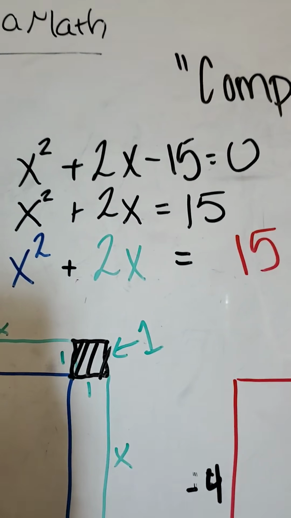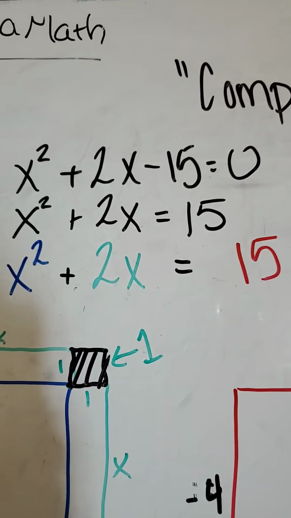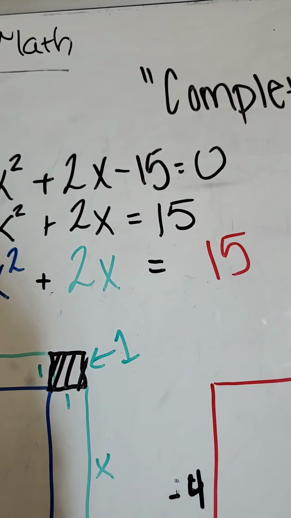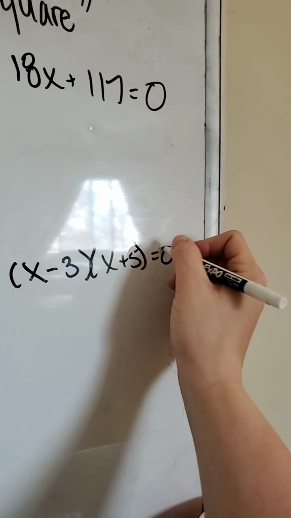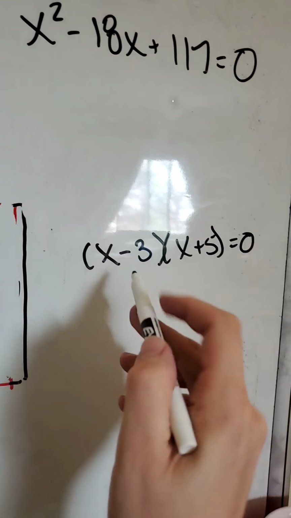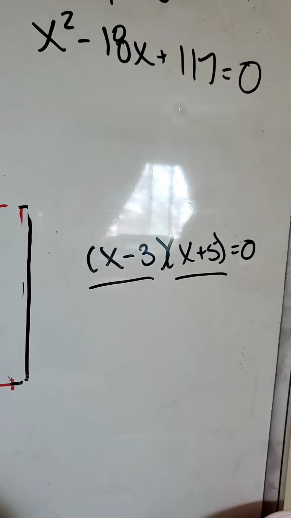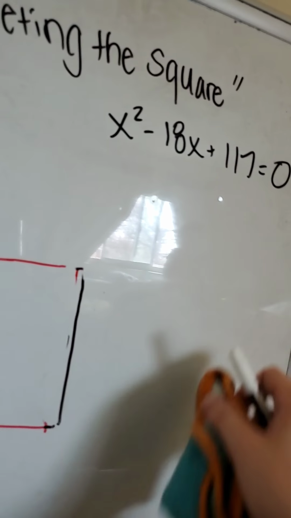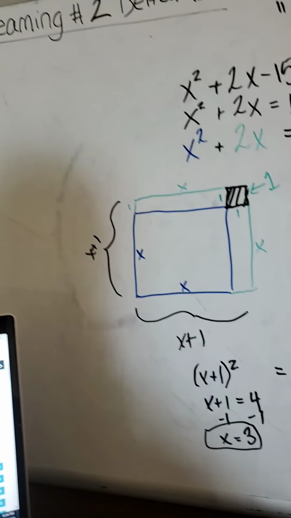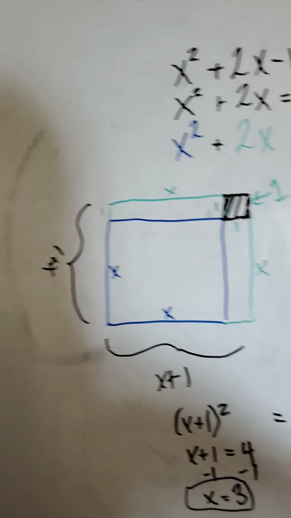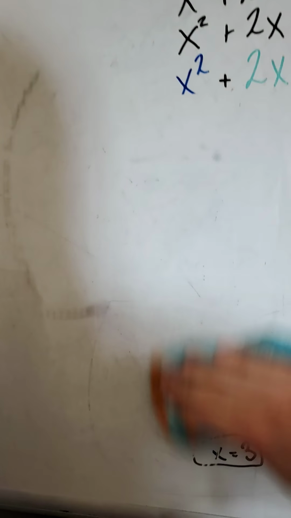We would have gotten the same thing if we factored this, right? Because in factored form, we would have gotten x minus 3 times x plus 5 equals 0. It would have wound up looking like this. And then we would have set both of these things equal to 0 and solved and gotten 3 and negative 5. So this is just the idea of completing the square, and in a much more efficient process,